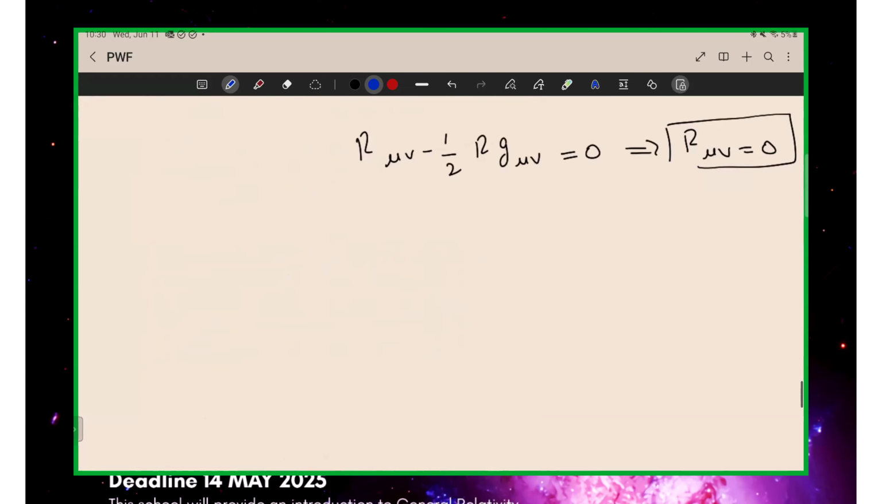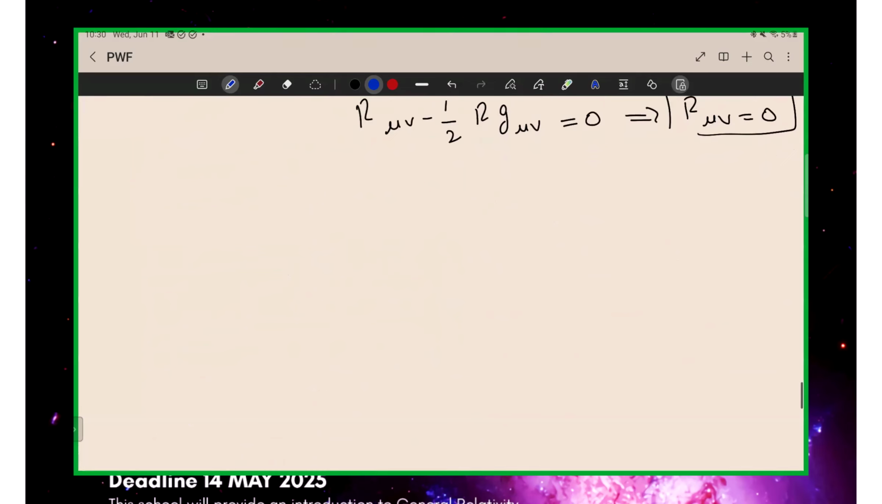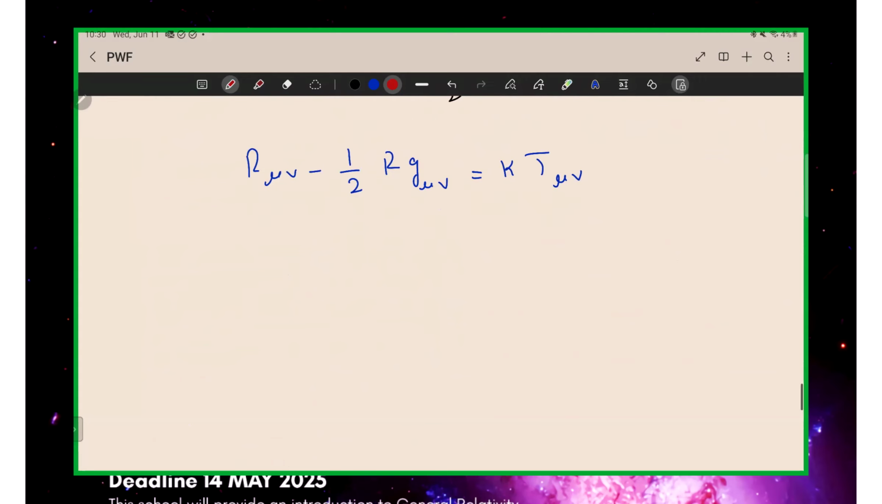So you can make it less horrible by replacing R with another quantity. So let's start with this equation again, kappa times T mu nu, and contract both sides with the metric tensor. If you contract both sides with the metric tensor, you will get R minus 1/2